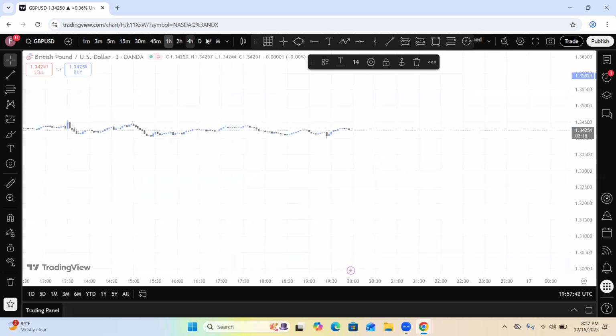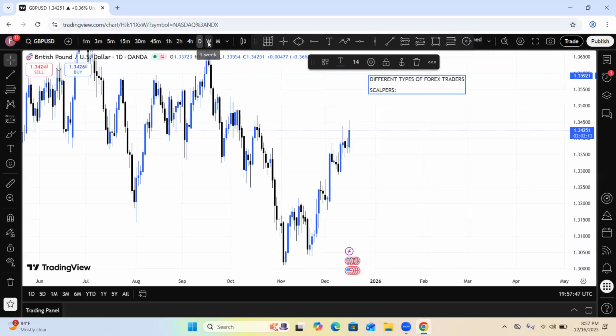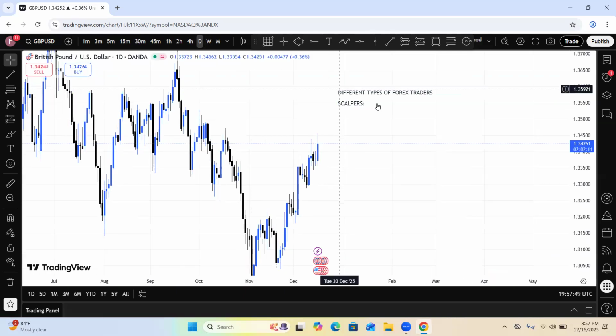And personally, I will not advise you to be a scalper. A scalper is not a trader. They are looking for quick money. Forex is not a get-rich-quick scheme. I don't know if I mentioned this in the first class. Forex is not a get-rich-quick scheme. It is an asset building tool. Have this at the back of your mind, because when I first learned, this is what they told me.